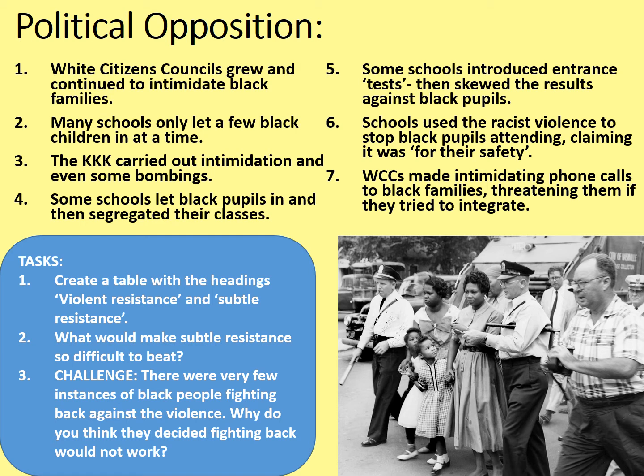So why were there so few instances of black people fighting back against this? Perhaps part of it was down to the recognition that peaceful protests tended to work. But also there's the very real danger that these black families were under. They didn't need to give any other excuse to the white citizens' councils to physically attack them or for the KKK to attempt to murder them. And so, partly it was out of self-preservation and partly out of the understanding that it probably wouldn't have changed anything anyway.